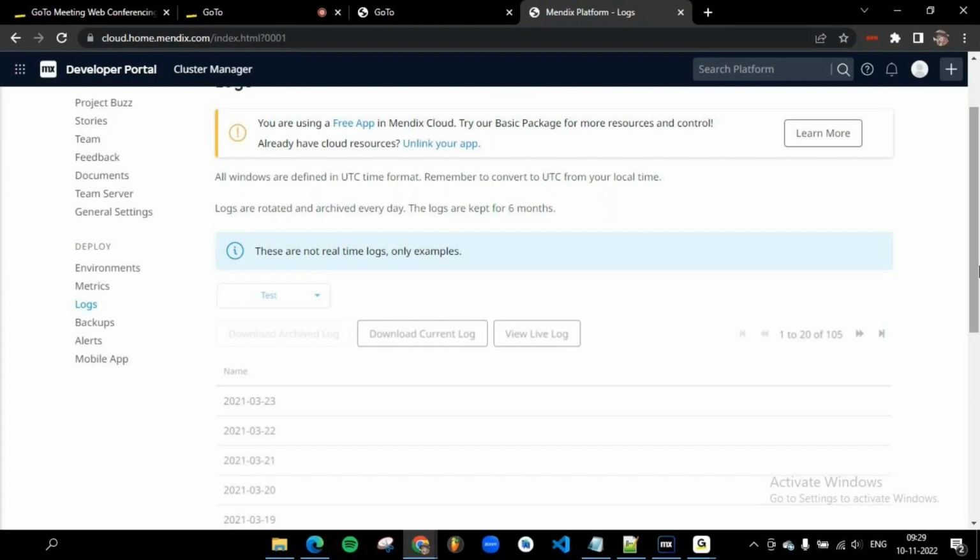And other things, if the application suddenly throws some error, that error will also be logged automatically here. You can see those logs, so that you can identify what is happening in the application and why. Sometimes you will understand by seeing the log, and you can fix it in the application and do a fresh deployment. If you are not able to identify the exact issue, there is another option,